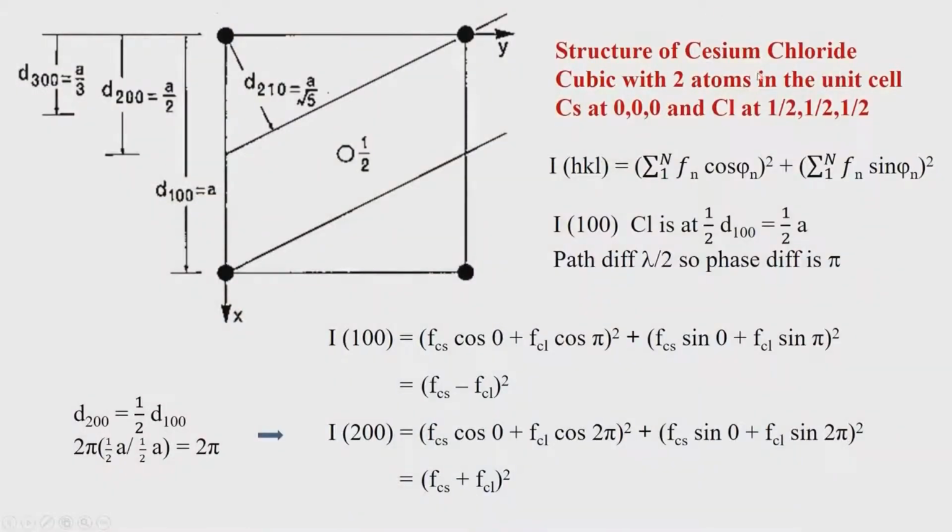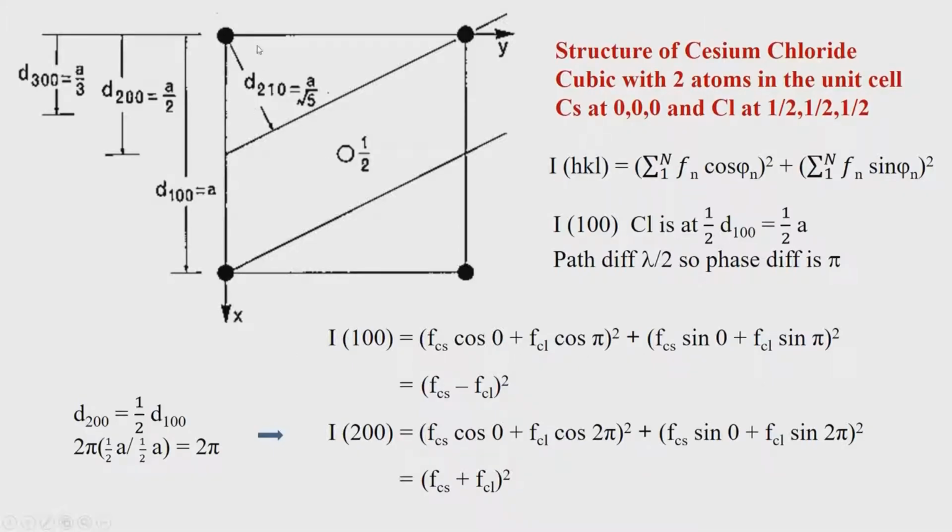So, what we have been looking at is what the contribution towards the intensity is once atoms are found in some positions. For example, in the case of cesium chloride, we discussed the issue that cesium is at 0, chlorine is at half, and then we calculated the intensities associated with various reflections like I100, I200 and so on. We found that in all these expressions the intensity gets simplified, mainly because of the fact